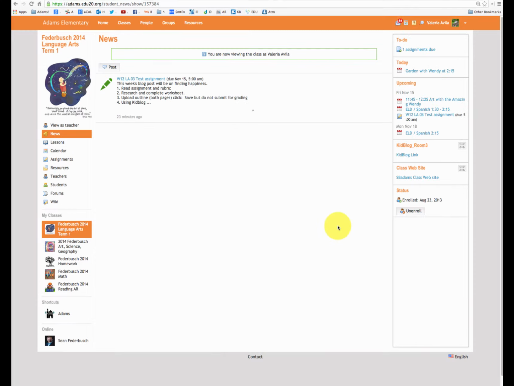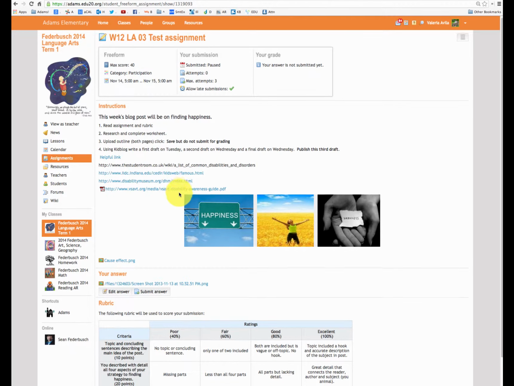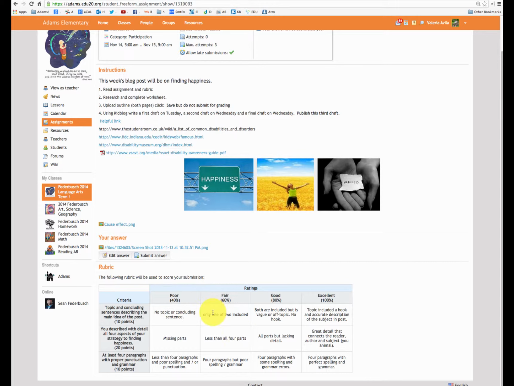After we've assigned the rubric to the assignment and we log in as the student to see what she sees, we can see that the assignment's here, and if we click on it, the rubric is embedded right into the assignment right now so they can see it. And again, I put poor, fair, and good, but those you could change, and often I do, to say, hey, this is failing, this is barely failing, or barely succeeding, or this is my expectation, or this is an excellent use of this assignment for yourself.